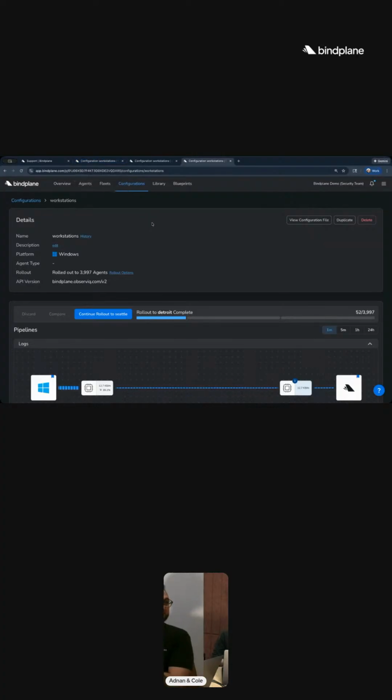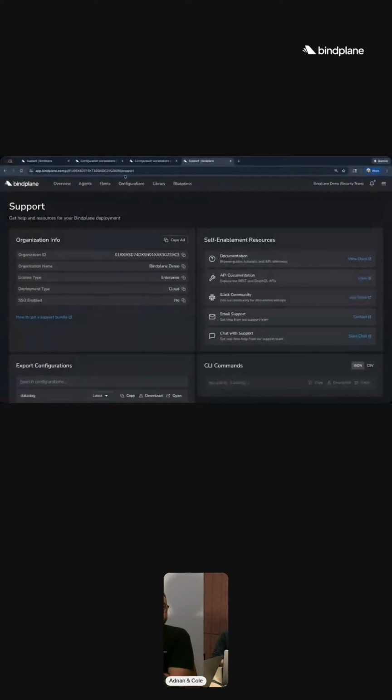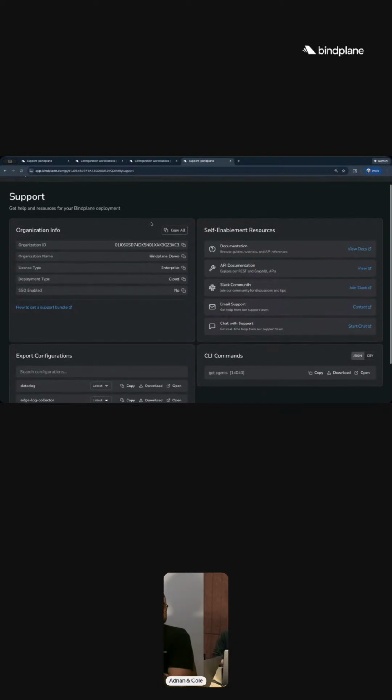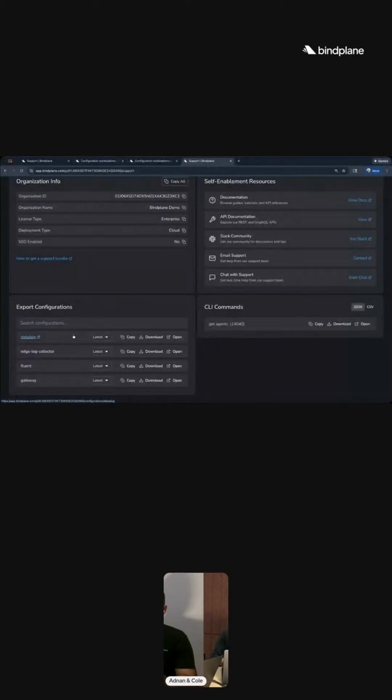And exactly, some new support center, what we're calling it, is that if you click on this little question mark down on the bottom right of any page of Bindplane, it now takes you to the support page. And this will have all sorts of information that will help us support you, as well as some self-enablement resources that you have previously had access to, some documentation, ways to email us, chat with us, but additionally, you can export